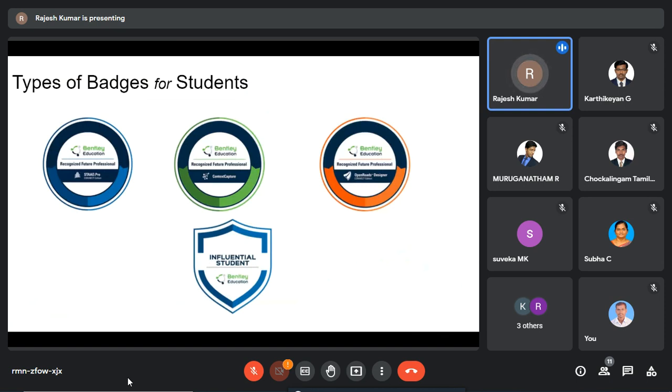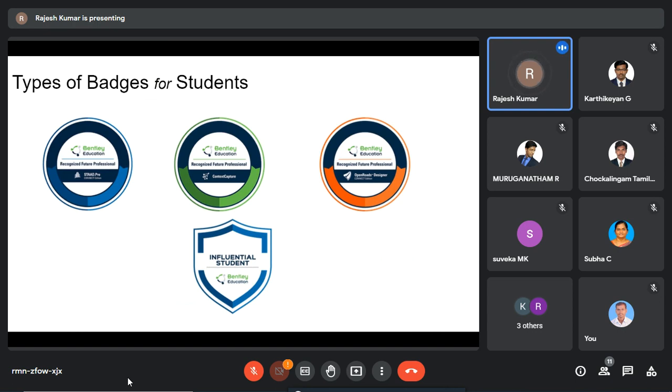Now, these are the types of badges. We call them badges, otherwise certifications, available for students. Currently, I wanted to take up three concepts, but in total there are five badges.